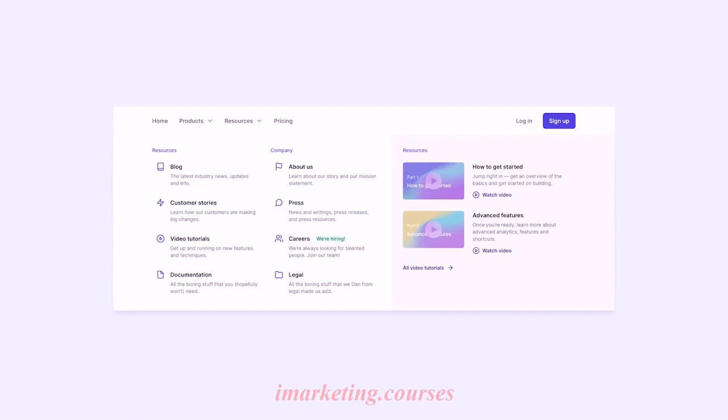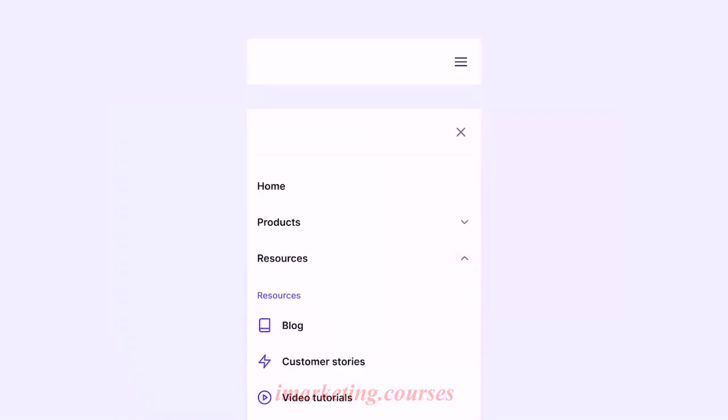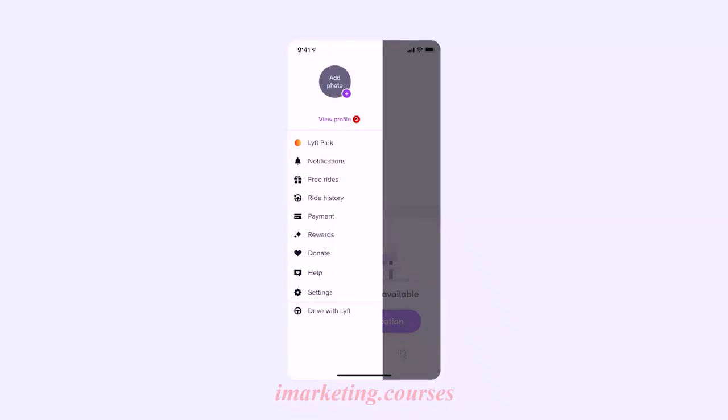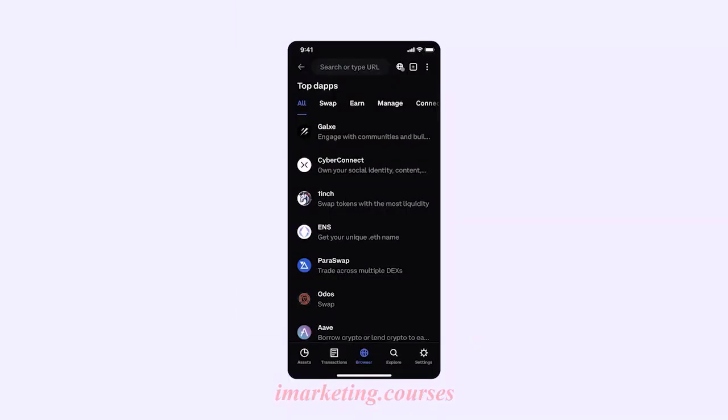Navigation UI elements are components that allow users to move around within an application or website. These elements provide users with a clear and easy-to-use interface that helps them quickly find the content they are looking for. Some common navigation UI elements include menu bars, navigation drawers, tabs, tab bar,